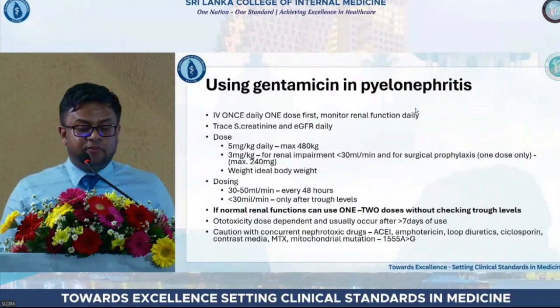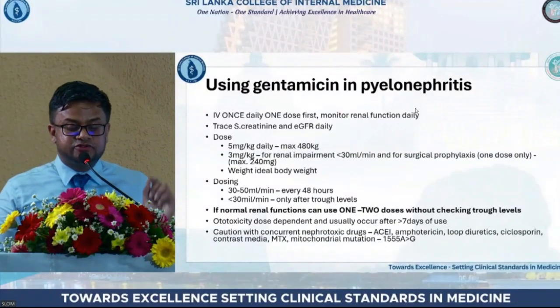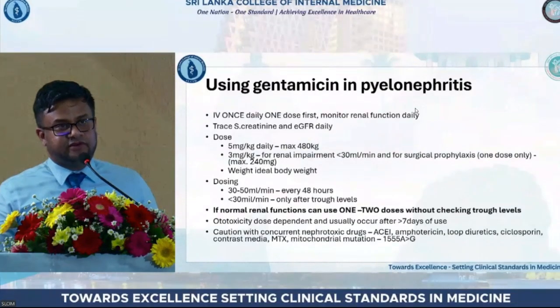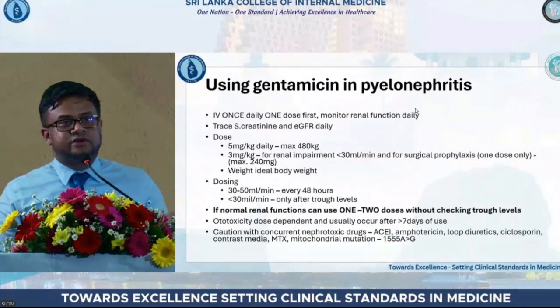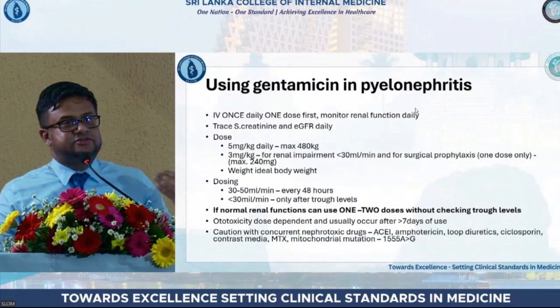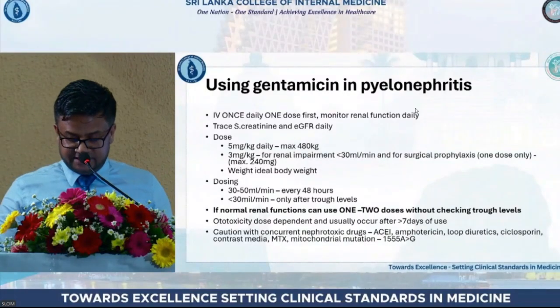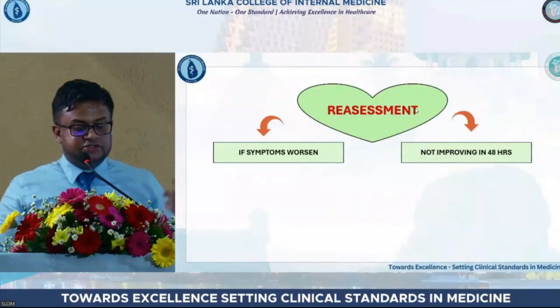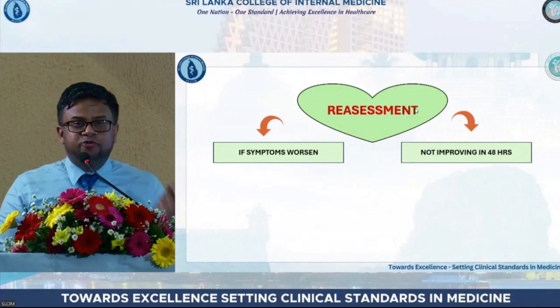And I need to highlight this point: if renal function is normal, you can use 1 or 2 doses without checking trough levels. I know most hospitals cannot check trough levels, but you can use 1 or 2 doses. And remember, if you exceed more than 10 days, you will get gentamicin side effects such as ototoxicity. Maybe with more than 72 hours you might even get them, but usually only in longer courses you will get these side effects. Right? So once you start the antibiotics, remember, as Lakma said, you need to reassess the patient,